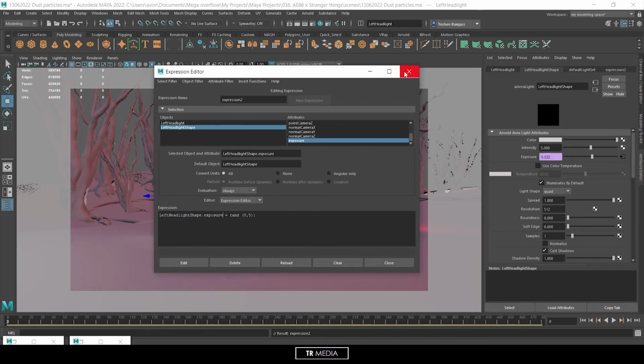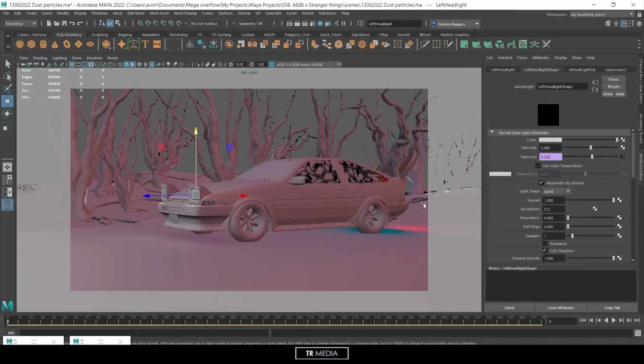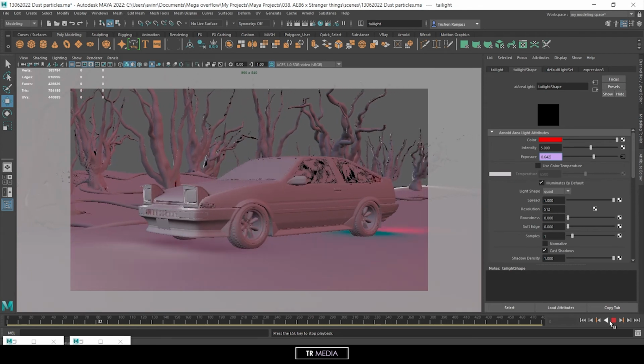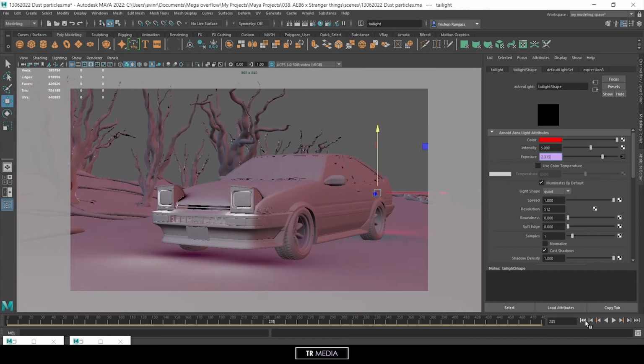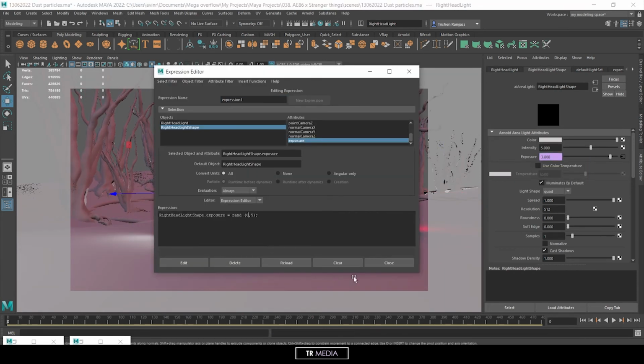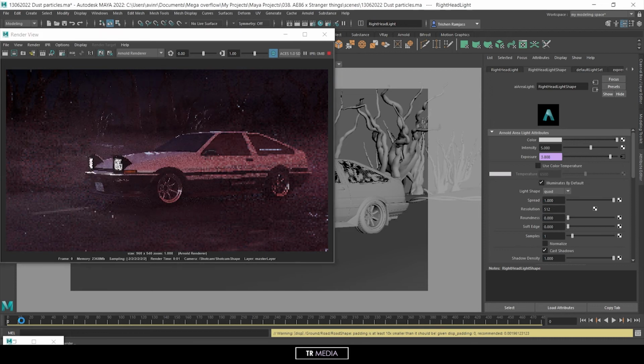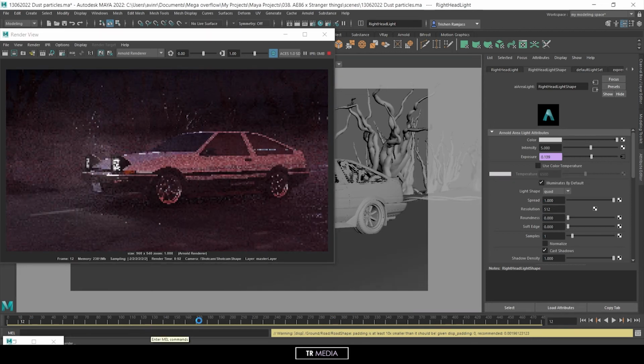So I also decided to add a red light in the back. I only added one red light in the back because we don't really see the back at all in this render, so it doesn't really matter. So I did the same thing for the back. I added that piece of code for the exposure to randomize between 0 and 5, so it also has that flickering effect. So after this, I decided to hit render, and yeah,